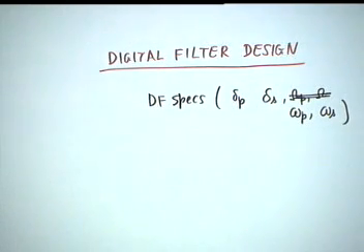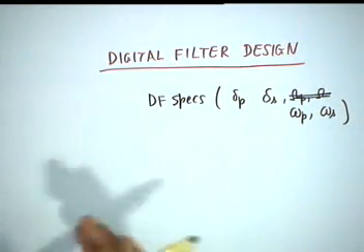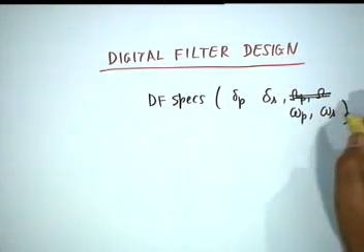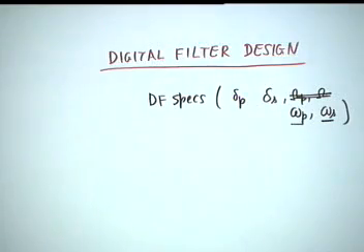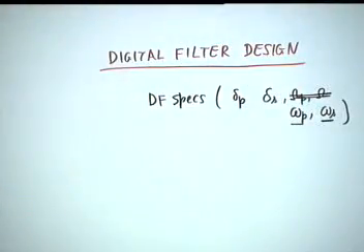On the other hand, if it is a band stop filter, then you require omega p1, omega p2 or the bandwidth and the center frequency, and also omega s1 and omega s2. So, I will say omega p, omega s as a vector. Okay. Delta p, delta s may also differ from one stop band to another stop band. All right. So, these are in general the specs. You can have multi band pass or multi band stop or a combination filter, low pass plus something else.